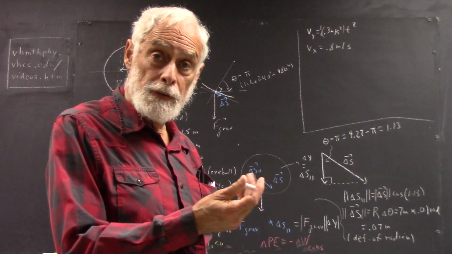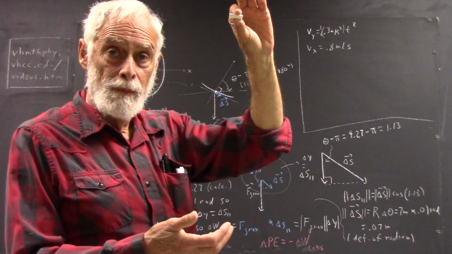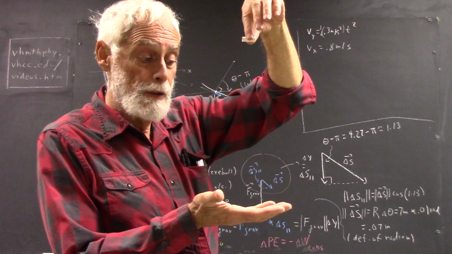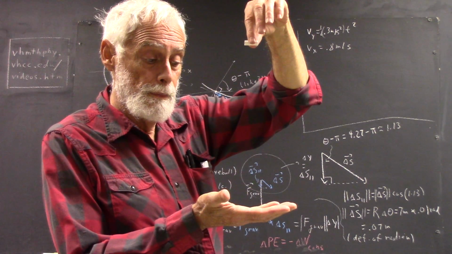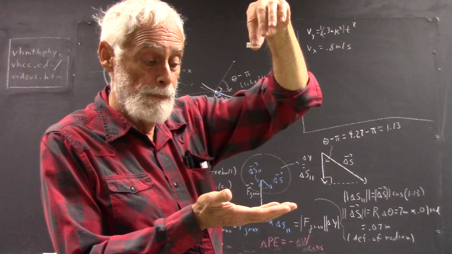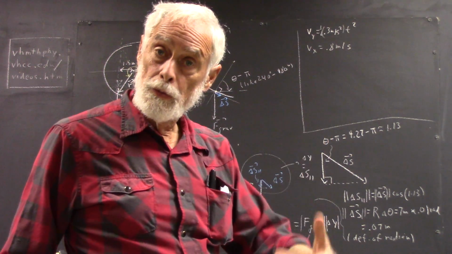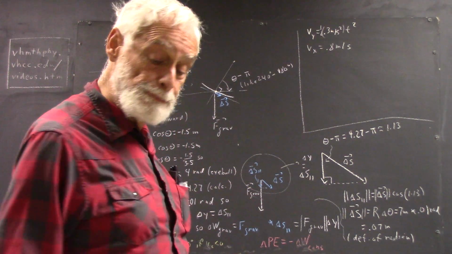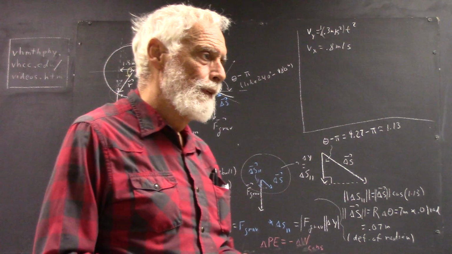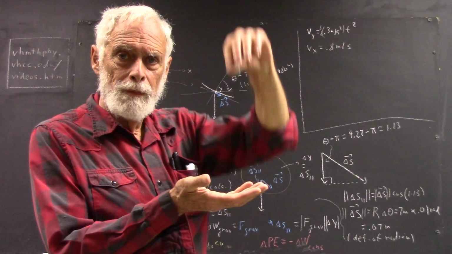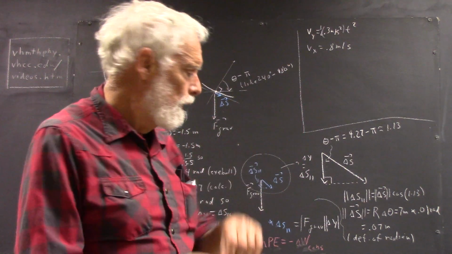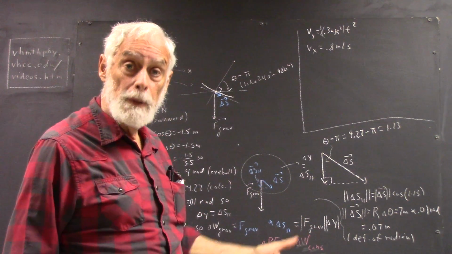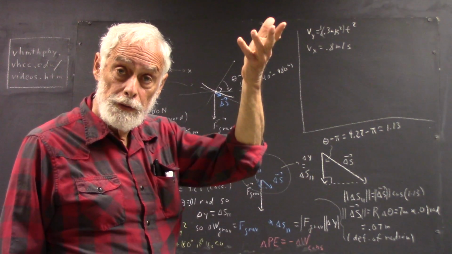When I raise the chalk, then by virtue of having been raised, it has energy available to it through the action of gravity to fall back to its original position and increase its kinetic energy accordingly. So in raising, gravity does negative work, which means that the potential energy change will be positive. Potential energy increases,